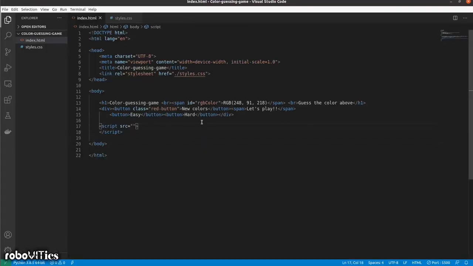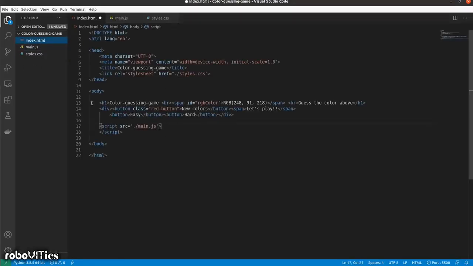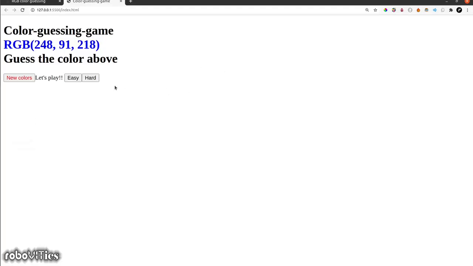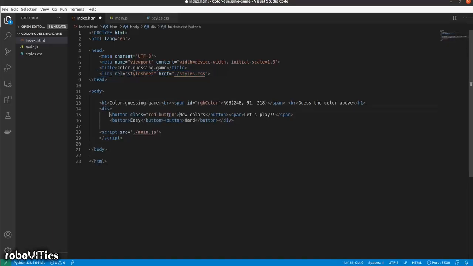Now in my script tag I'm going to mention that I want to go to main.js. So let's quickly create that file as well, main.js, and in here is going to go our JavaScript code that is going to make stuff more dynamic and user friendly. Now that we have understood how we can link our script, that is JavaScript, and our styles.css, let's complete this part of our code which has the buttons and after that the boxes.